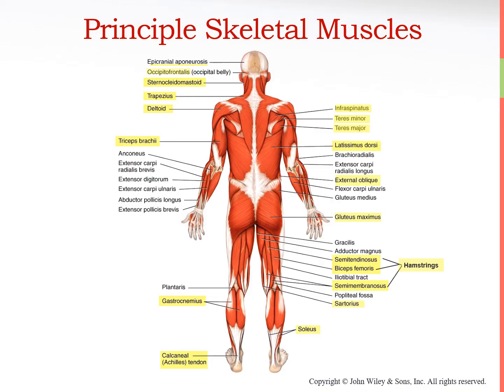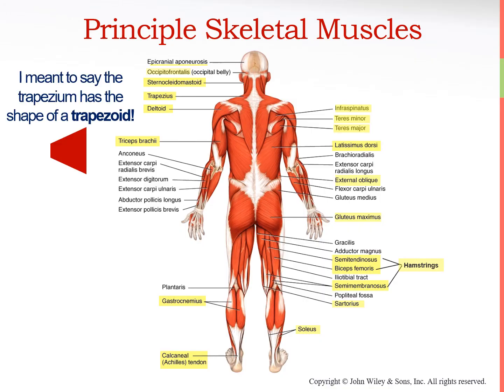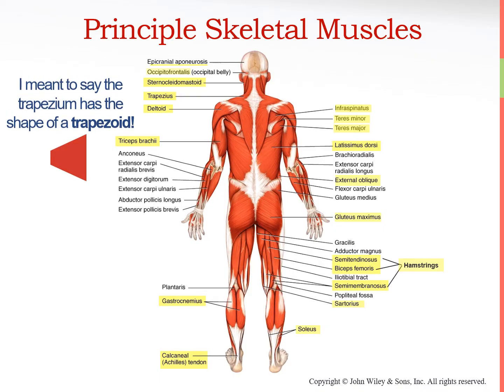Posteriorly, you can also see the insertion of the sternocleidomastoid and a better view of the trapezius. So that muscle is so named because it has the shape of a trapezoid. Hope you remember your geometry. It covers most of the superficial posterior neck and extends down into the medial back. In the posterior view, you also have a good view of the deltoid that covers the shoulder, and of course